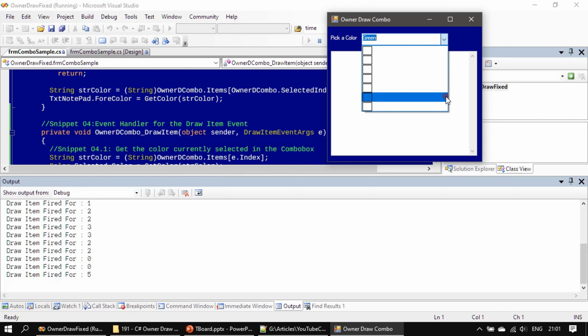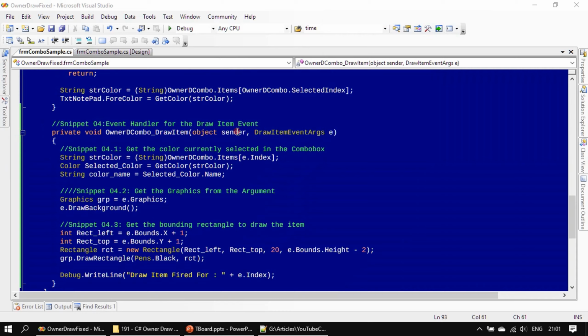So this clearly shows you when the draw item will get fired. It will get fired for all the items the very first moment you click the down arrow. Afterwards, whenever the specific item requires redraw, that time the event will get fired. Because in the next coming videos we need to draw the red bounding rectangle, this analysis will be useful. Alright, now let me close this and we will